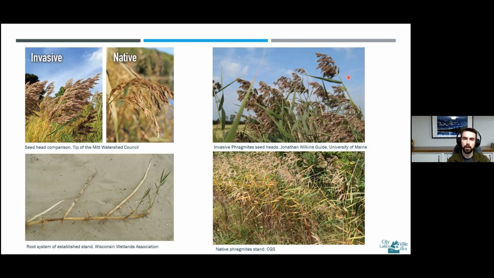The coloring can vary, but it does have that purpley brown color. If we look closely at this photo, I just want to note this stem right here. If you can see that little red pointer, that stem is actually from the previous growing season. So it's very common to see the seed heads persist throughout the winter season. Then into the next year, you'll have this brown stalk coming up with the seed head. And obviously the new ones have green stems on them, but those seed heads do last for quite a